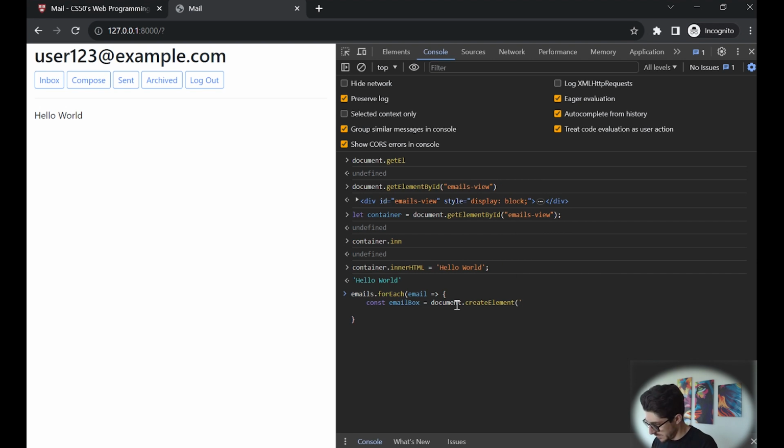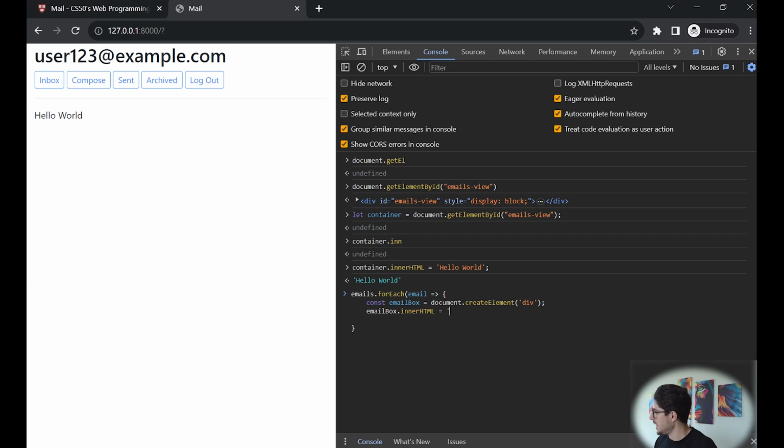This will be a div. And now we wanna modify the class name. Let's just look at, let's modify the email box dot. Let's look at the HTML first. So we are doing this here